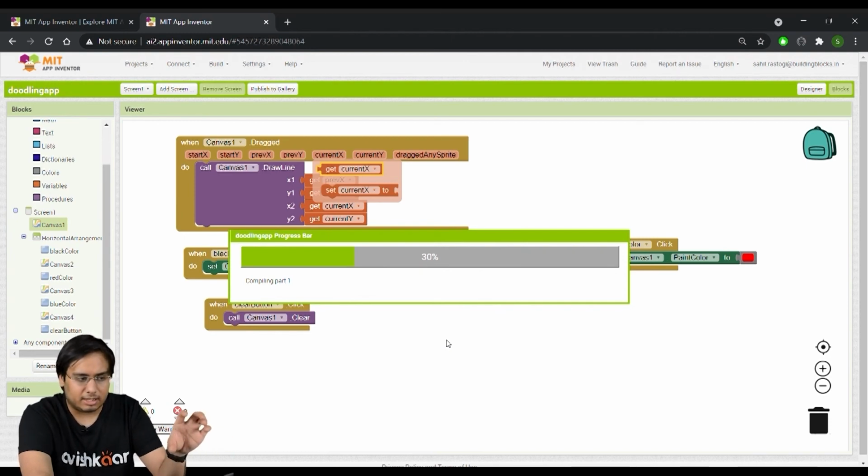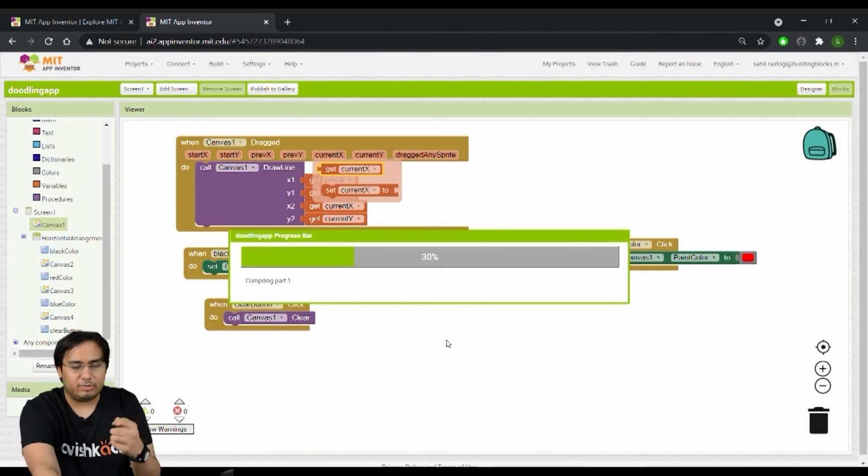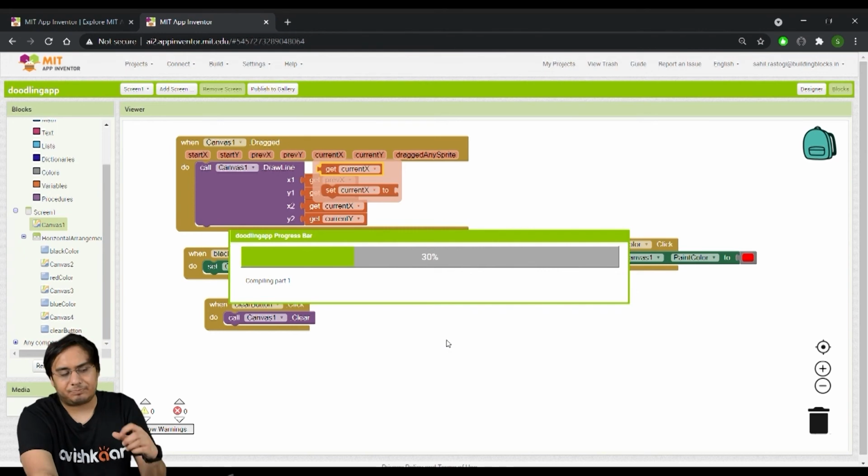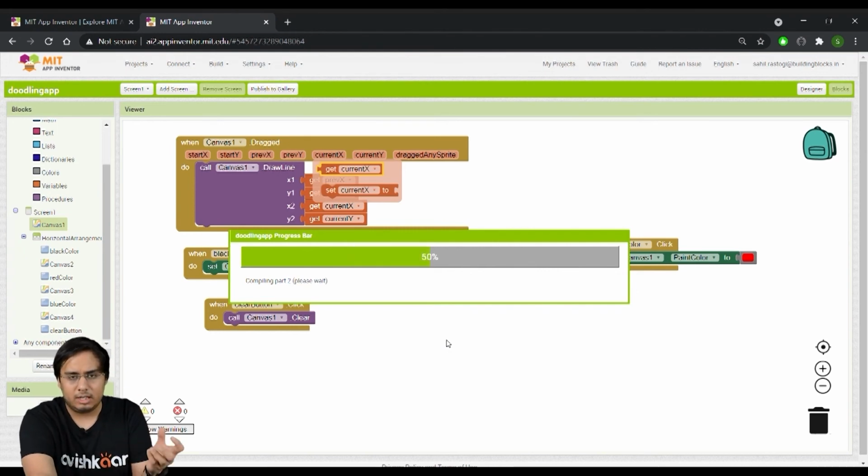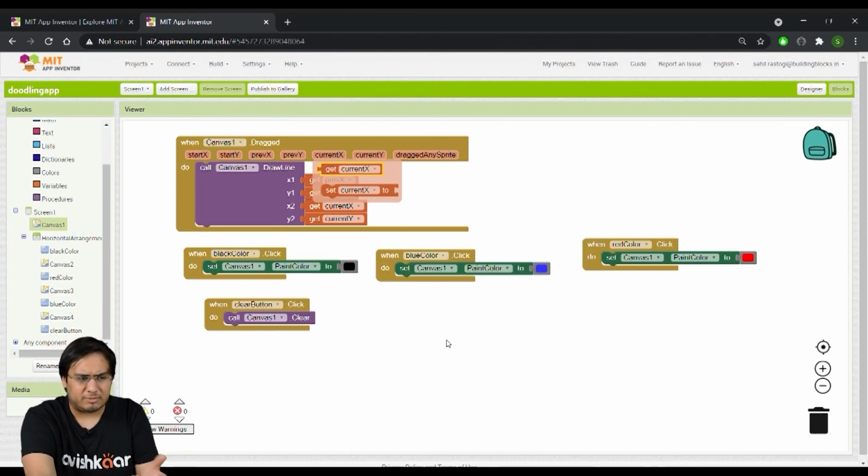But please be patient. It will take some time, and once the compilation is completed, it will give you a QR code to download that app. You can just use your phone to scan the QR code. Some phones have a default QR scanner app. If you don't have that app already on your phone, just go to Play Store, search barcode or QR code scanner, and download whatever first app pops up on your Play Store. It's a very basic app. You just need to scan the code so that you can download the app itself.